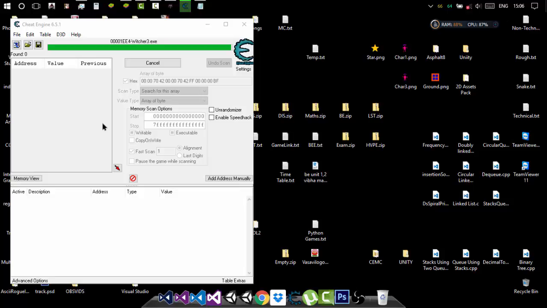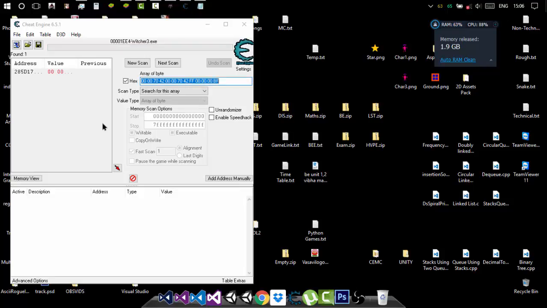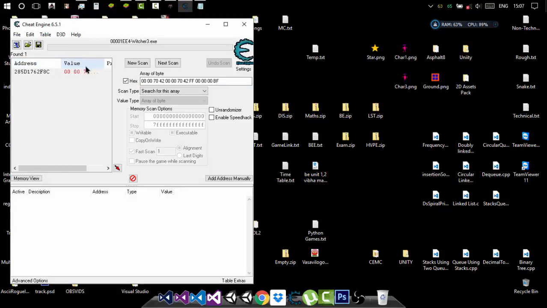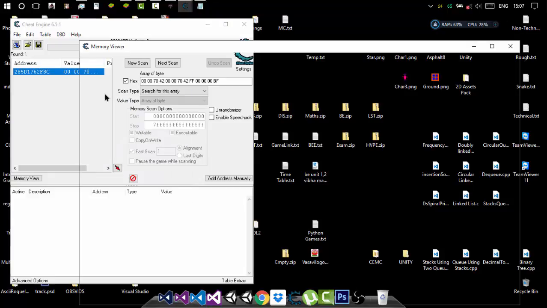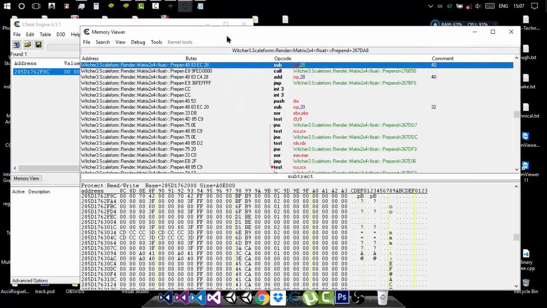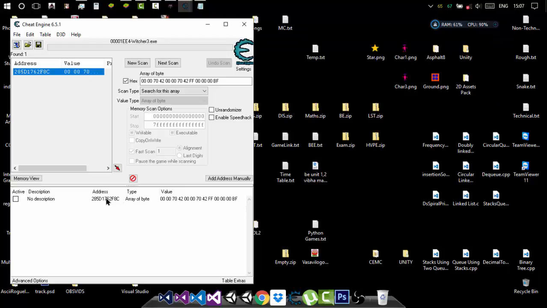My PC became a little bit laggy. Let's wait for a second. Alright, so we got the array of bytes. What you could do is right click on it and go to browse this memory region, or use the Ctrl B shortcut. So this is the thing which we have searched for. You could directly bring it down, and